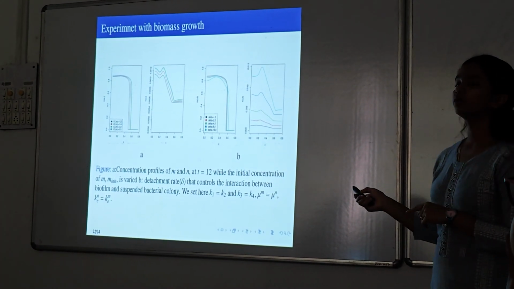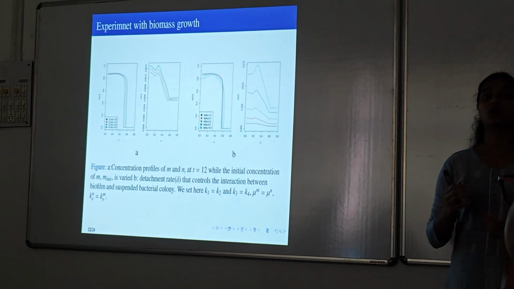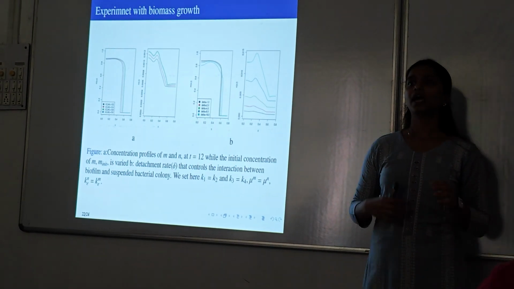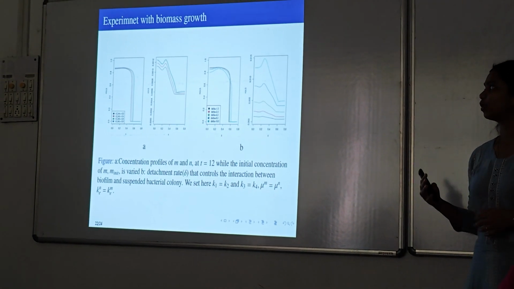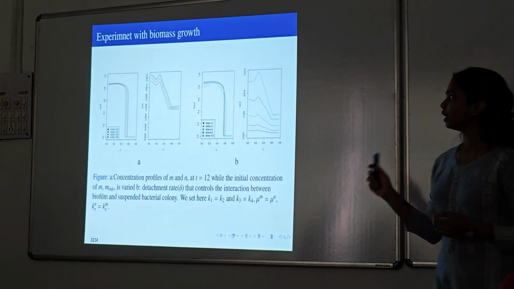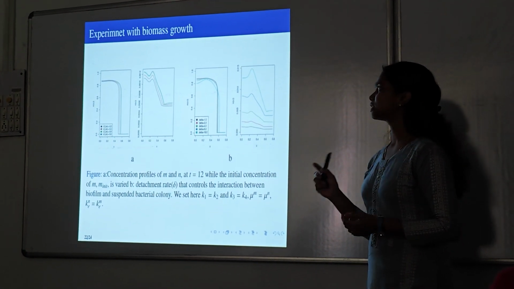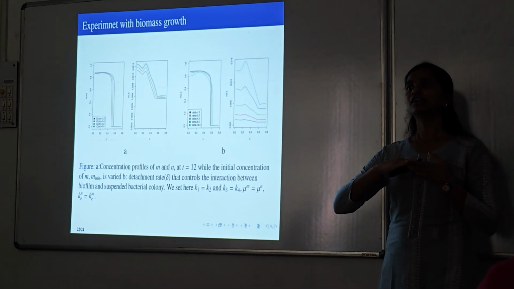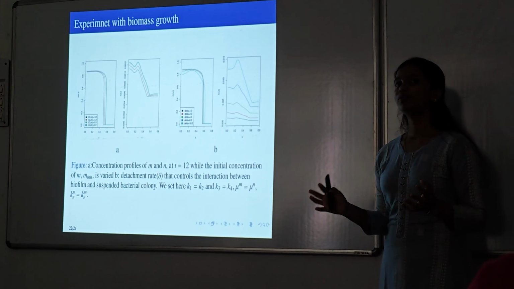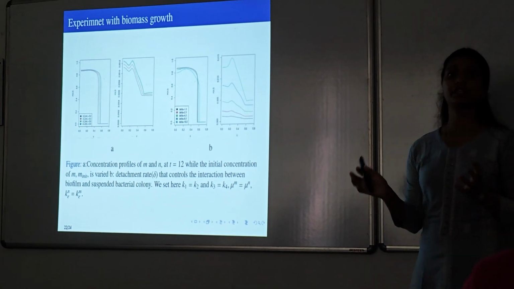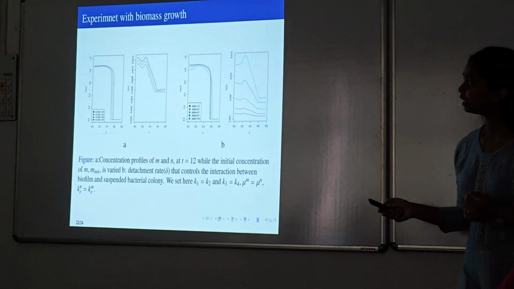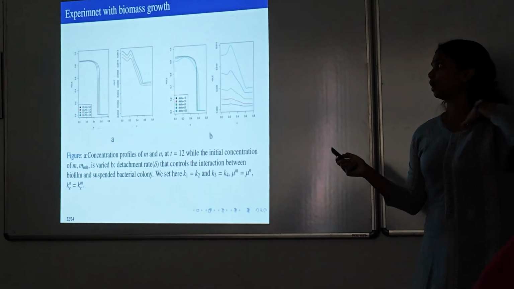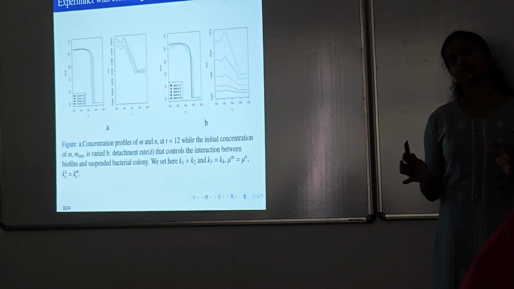We have also experimented with the boundary condition. We have a boundary condition on substrate. So we have provided more substrate from both ends, more carbon, more oxygen, and we see if the biofilm or the bacterial colony is growing or not. And we saw that it is growing, but I didn't include this here because we see that the bacterial biofilm just spreads out through the entire domain, which we don't want. So we have to adjust some other parameters as well. For this case, we are only changing the initial condition, but when we were changing the boundary condition, we had to manage those other parameters as well.